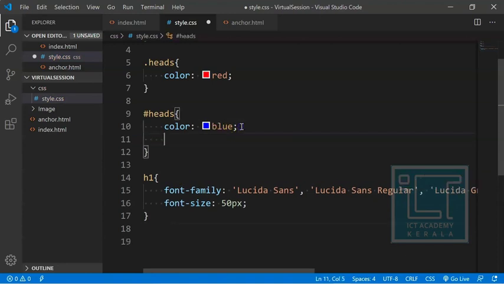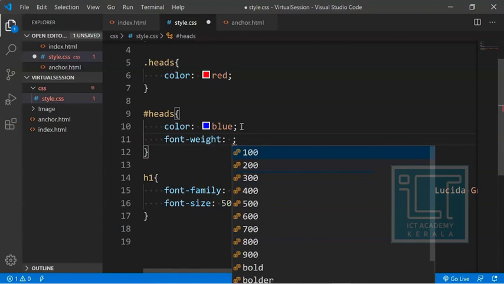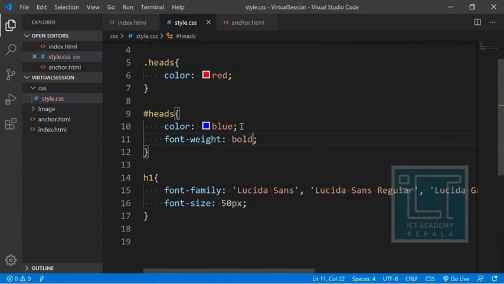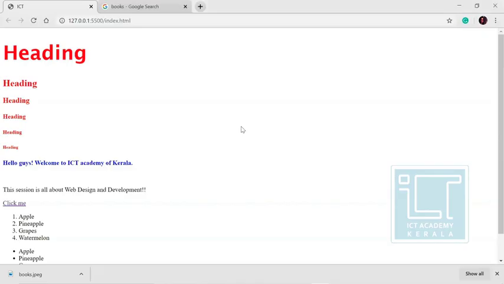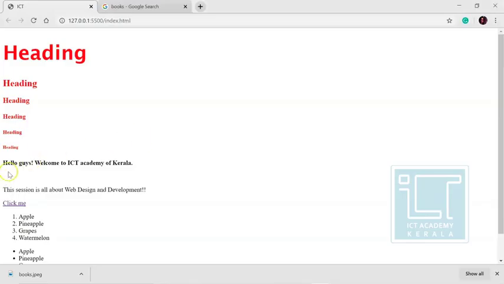The color is blue. Also, I want to change the font weight to bold. I can give it as bold. Let's see. See, it has become bold. Since it is blue you can't see it clearly, so in black you can directly see the difference.